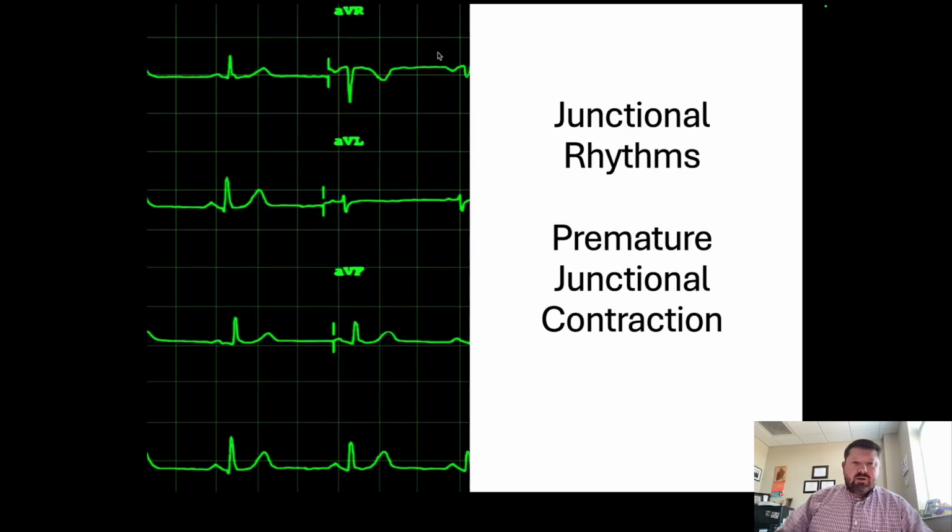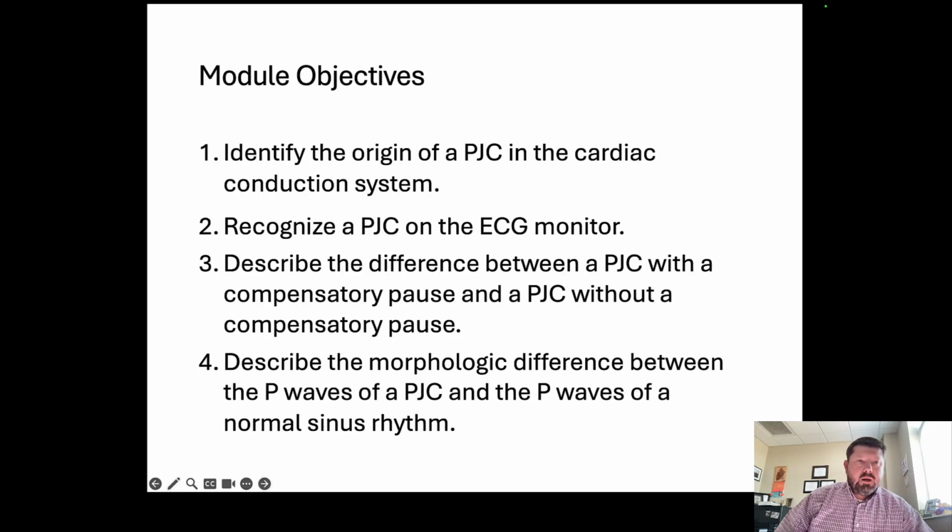Premature junctional contractions. Our objectives: identify the origin of a PJC in the cardiac conductive system. Recognize a PJC on the ECG monitor. Describe the difference between a PJC with a compensatory pause and a PJC without a compensatory pause. And describe the morphologic difference between the P waves of a PJC and the P waves of a normal sinus